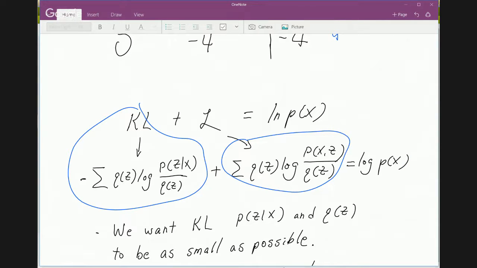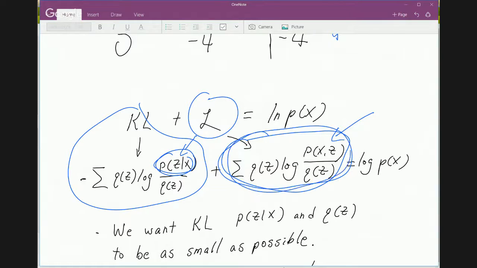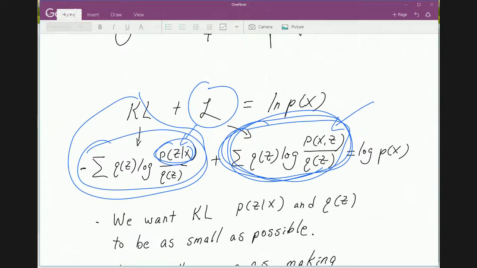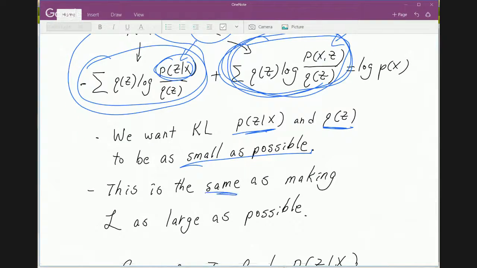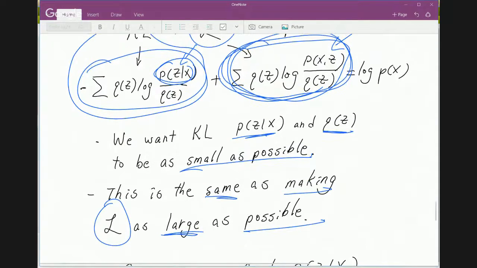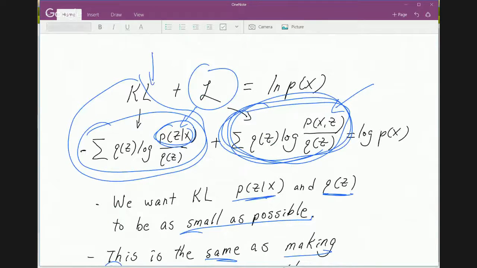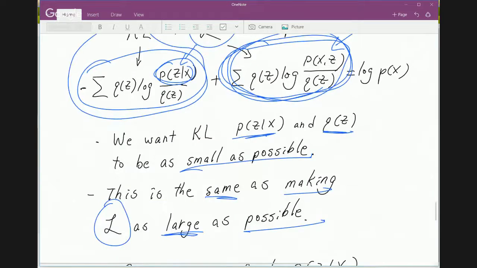Now, if we were trying to deal with the KL divergence, we have to deal with the conditional, which is a pain, just a pain. But if we deal with the lower bound, we only need to deal with the joint PDF. So it's much easier to try to maximize the lower bound than to try to minimize the KL divergence. So we want the KL divergence, this and this, to be as small as possible. This is the same as making the lower bound as large as possible. That's the point I just said. You want this as small as possible. This must be as large as possible. Therefore,